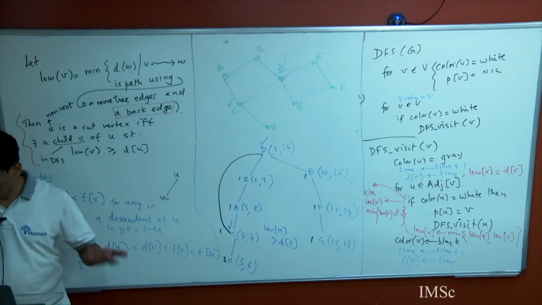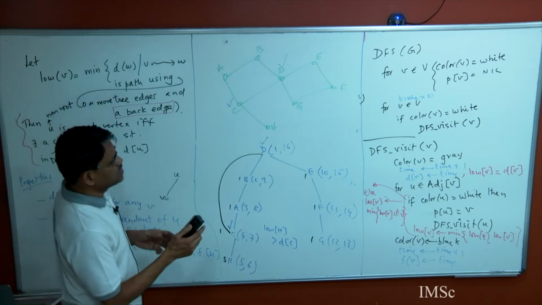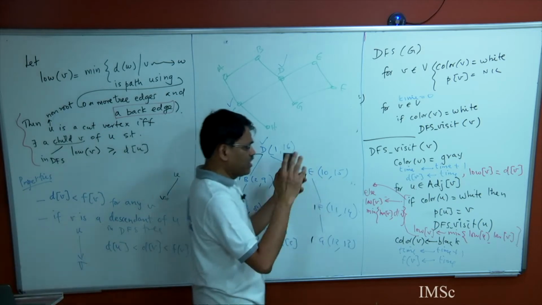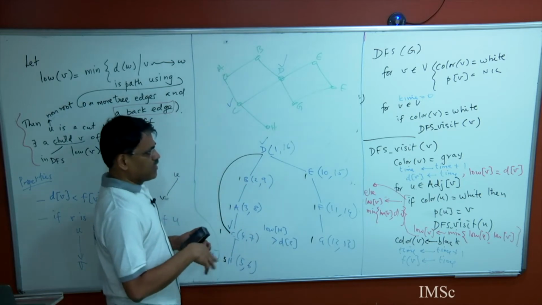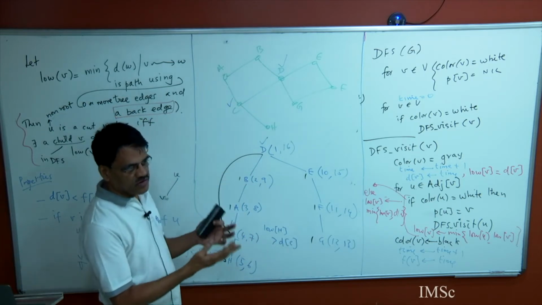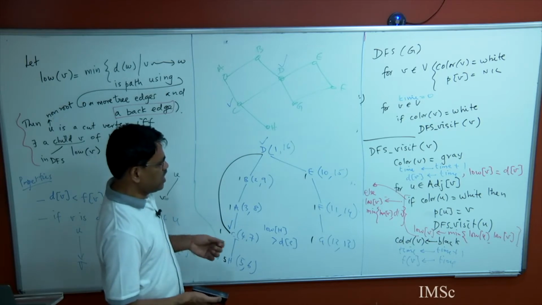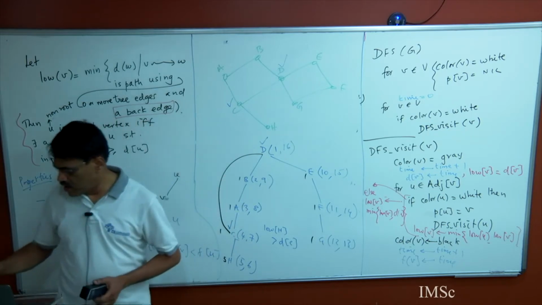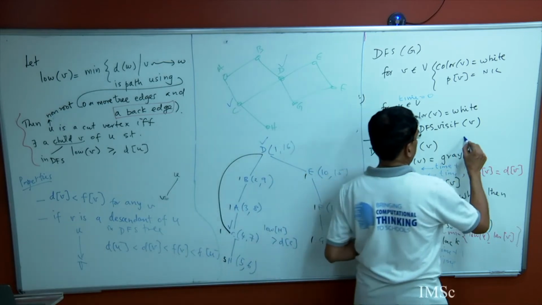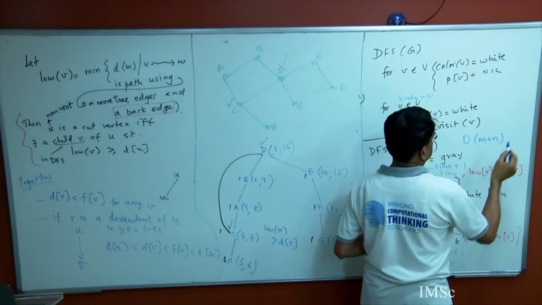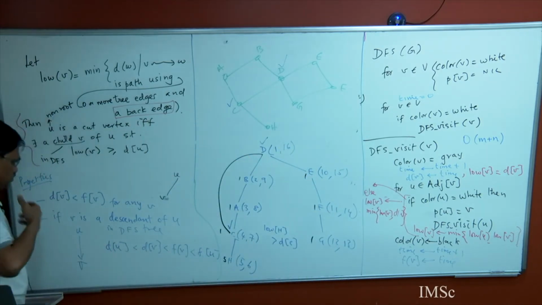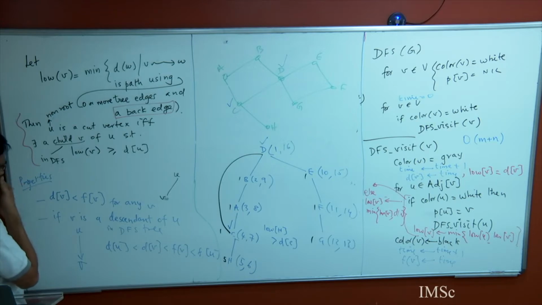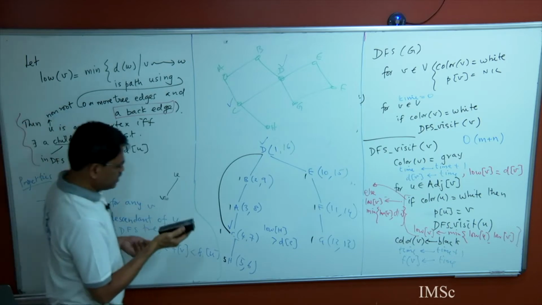Okay, so this is one interesting non-trivial application of DFS. You can use DFS also to check whether a graph is connected, find a cycle in a graph, find a spanning forest, all kinds of things. But this is a non-trivial application, where you can find all cut vertices in order m plus n. Okay, so this is a useful property we'll keep. So let's look at another